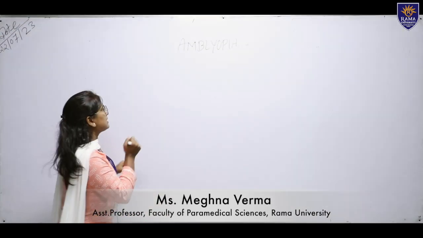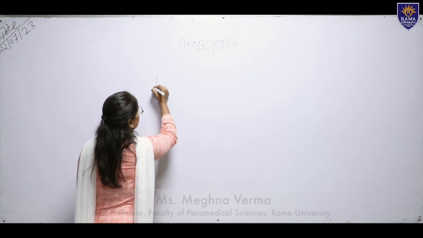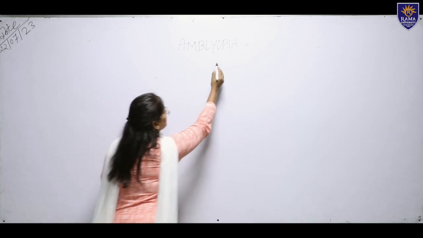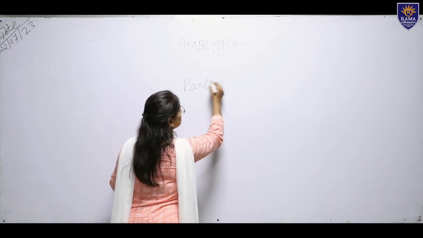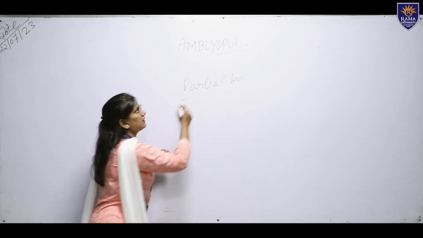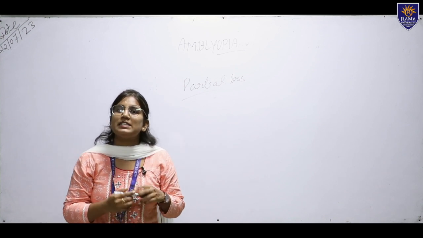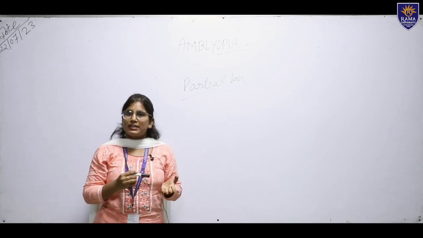So today I am here to discuss amblyopia. So what is amblyopia? Firstly, the meaning of amblyopia: opia means partial loss. So basically amblyopia means partial loss of vision in one eye or both eyes